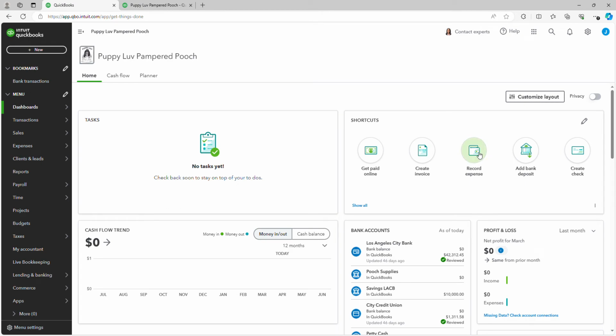Okay, we are in Chapter 11 for Puppy Love Pampered Pooch, and we are going to go over RYS 11-2, and it's for creating depreciation entries. So upon review of the trial balance, you and Sadie agreed that you need to record the depreciation for the equipment purchased for $16,000. In this exercise, you will create the journal entry for September for the depreciation and then